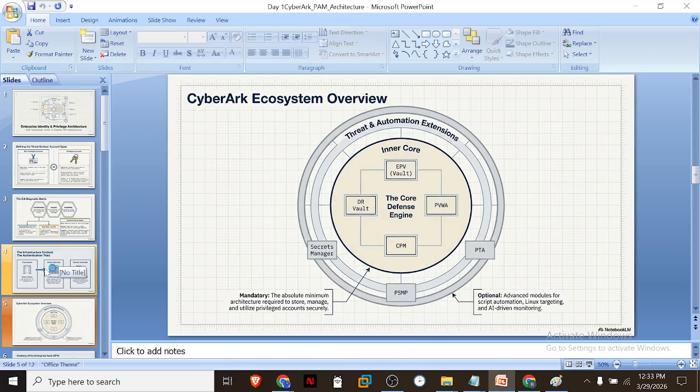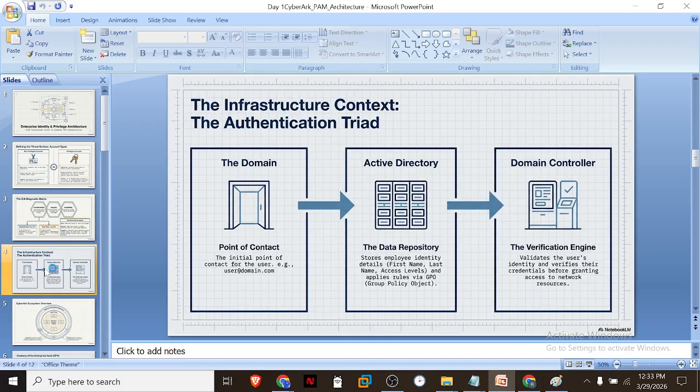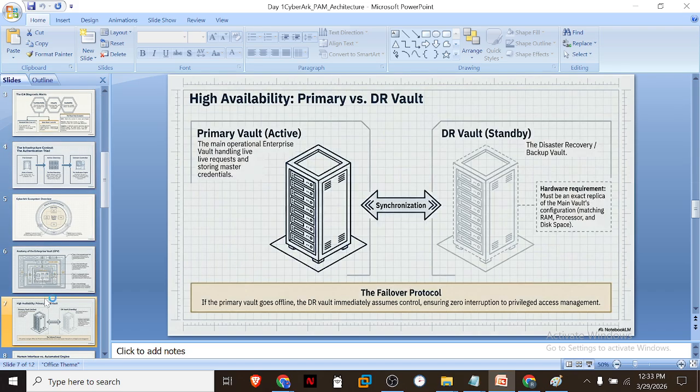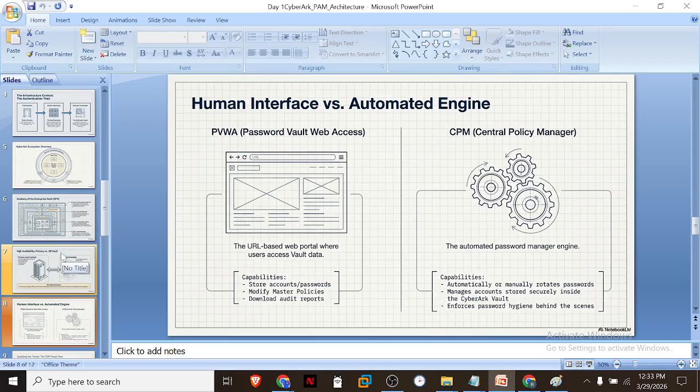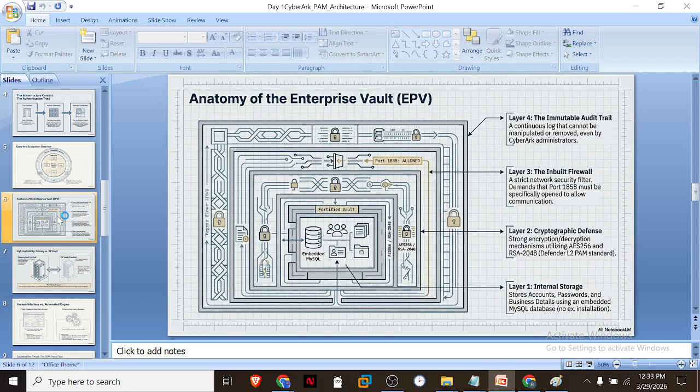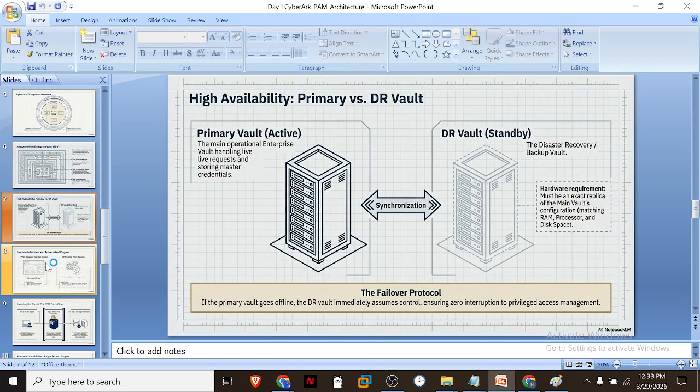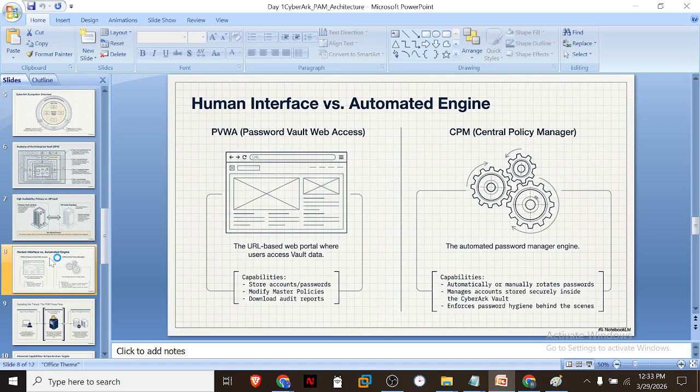Okay, let's go back to the topic. Where was I, guys? You were talking about the layers. Yes, layers. DR was completed. Then we have